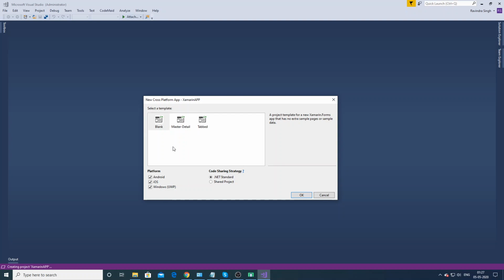Also about template page. Here is platform specific: Android, iOS, and Windows.